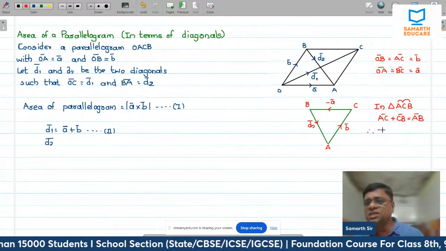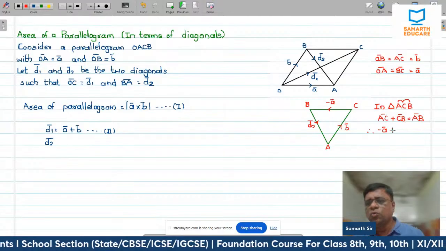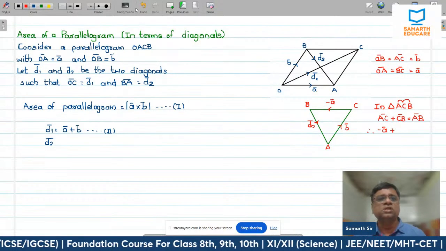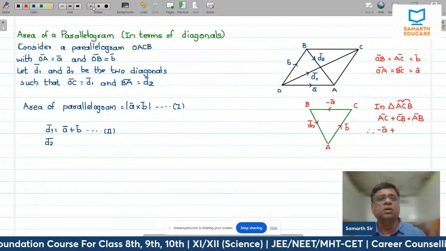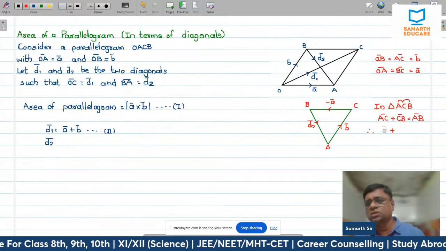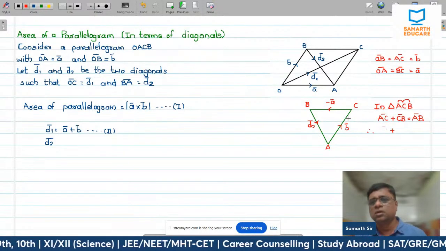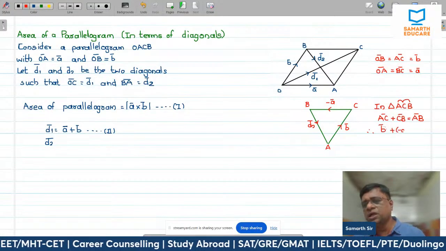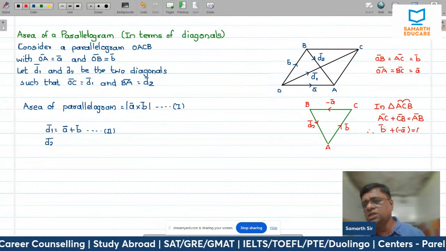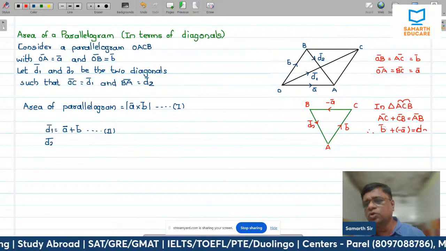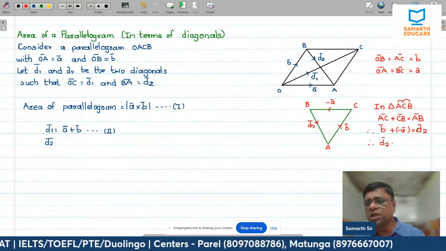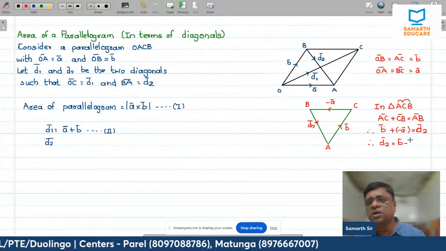But what is AC bar? What is AC bar? That is B bar. What is CB bar? That is minus A bar and that is equal to AB bar which is equal to D2 bar. तो अपने को D2 bar का वैल्यू क्या मिला? D2 bar is equal to B bar minus